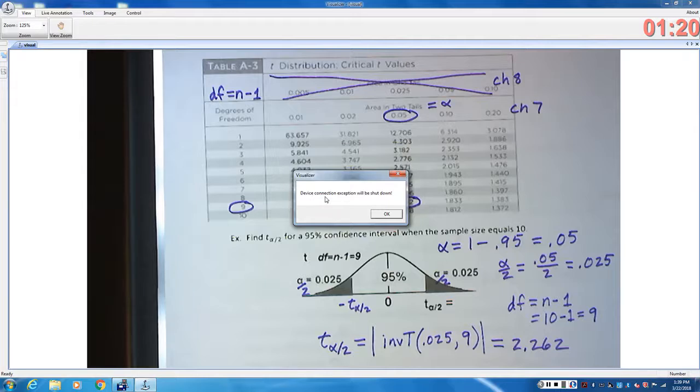I do have warm-up posted on D2L for Chapter 6 and 7 as answers. So you could also